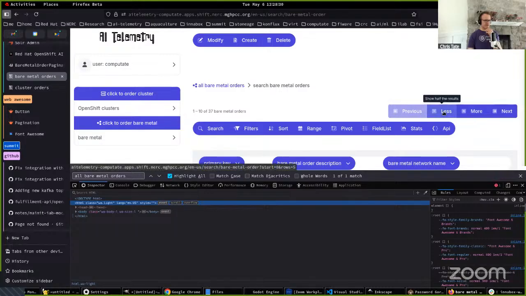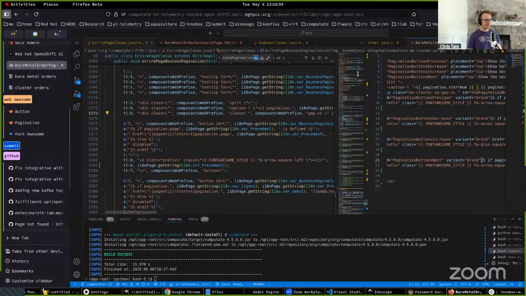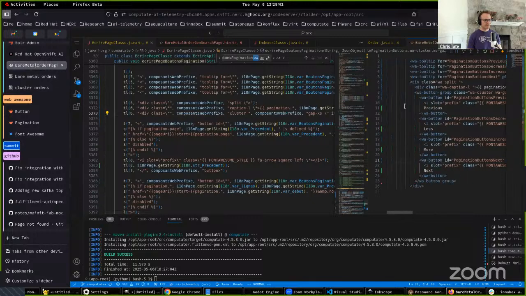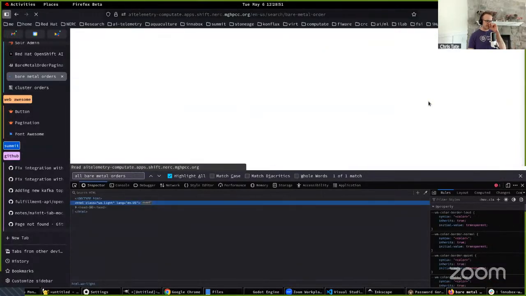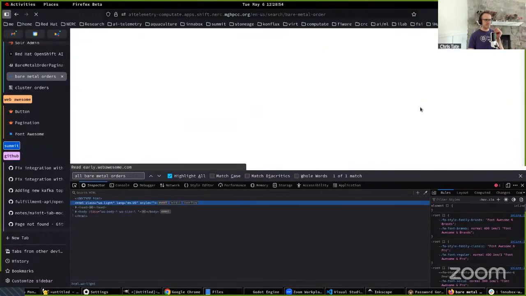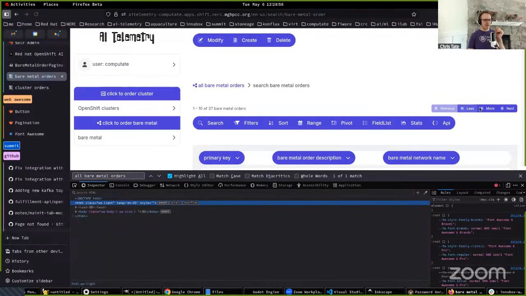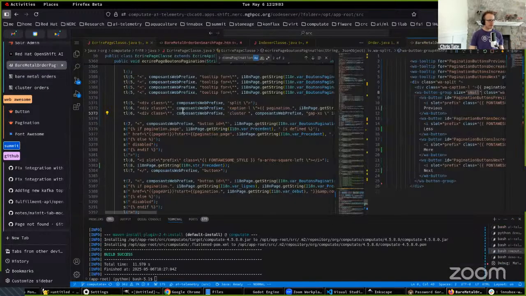So that's with the button group. And then with the button group, I think if we do size equals small, then we don't have to do it on all the buttons, but let me test that theory. Yeah. So the button group,